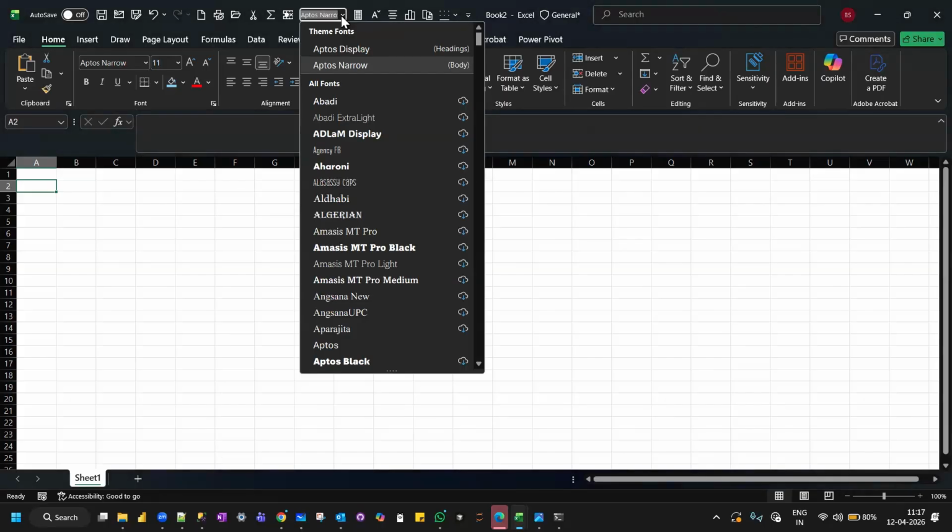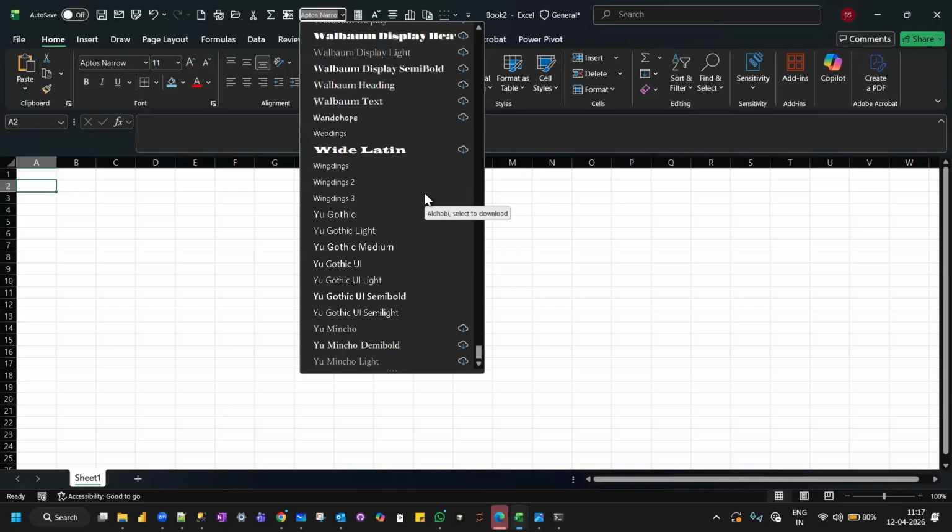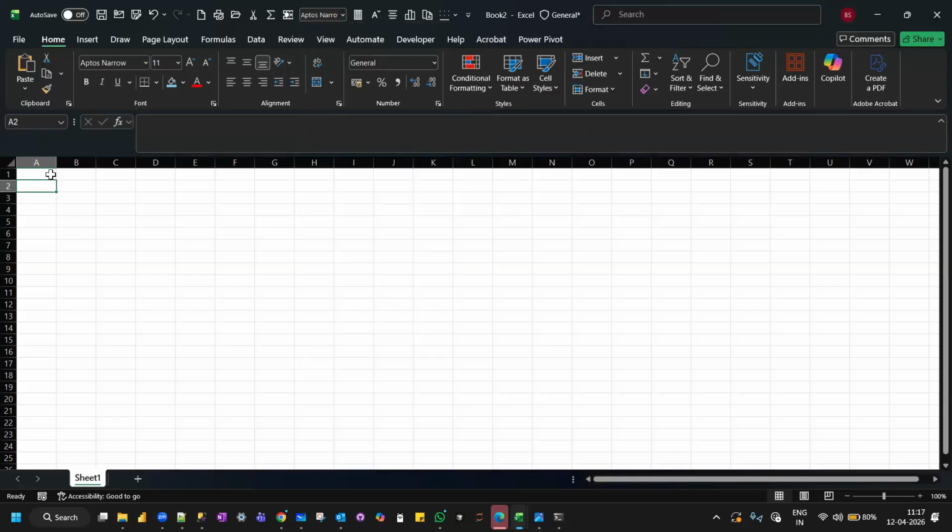Correct? All of you just verify once if you are able to see those icons or not. All of you? Yes, no? Are you people able to see these icons on your quick access toolbar? Vijay, Vishal, and